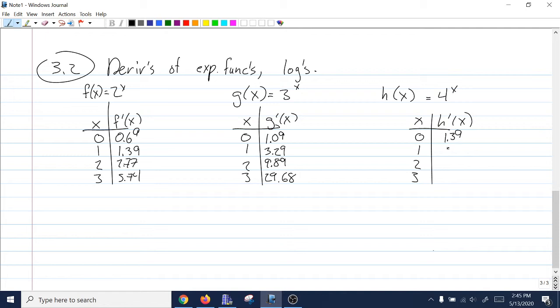1.39, 5.55, 22.20, 88.78. There's rounding error in all of these. I guess not just rounding error, but also the error that comes from not having the exact derivative, only getting estimations. But our goal is to notice a pattern going on here, and hopefully we studied enough about exponential